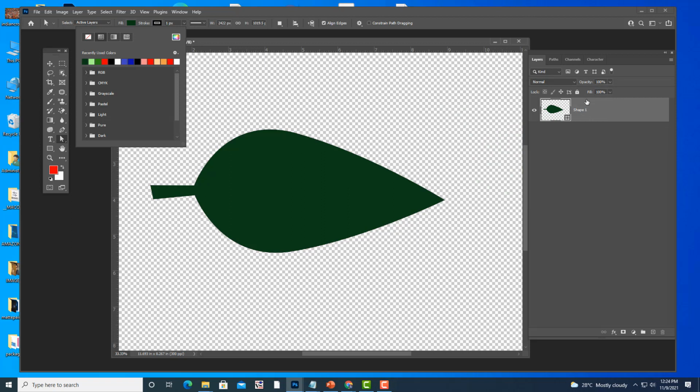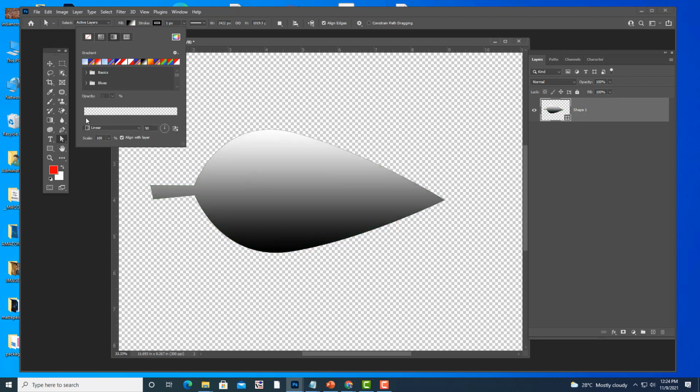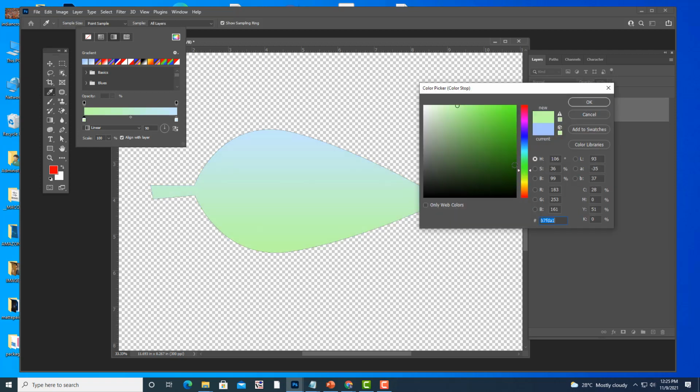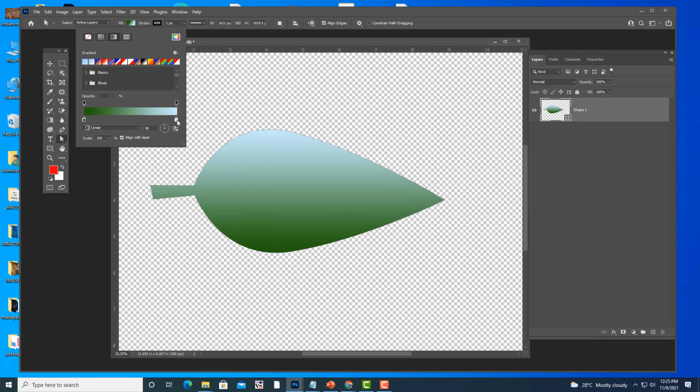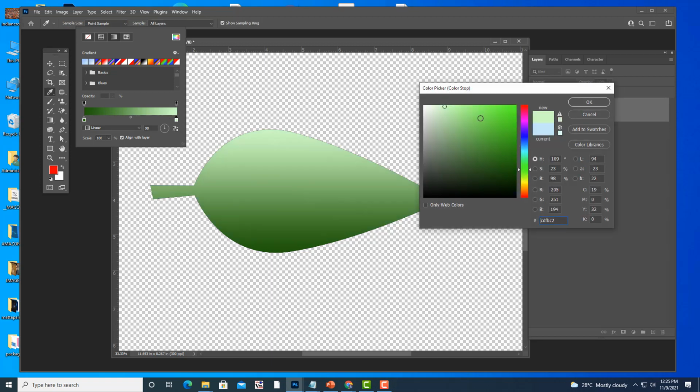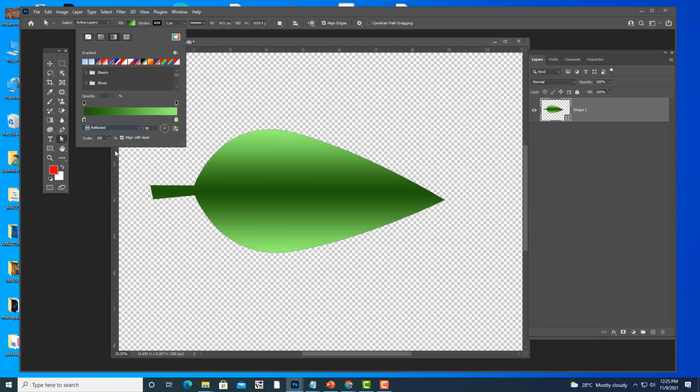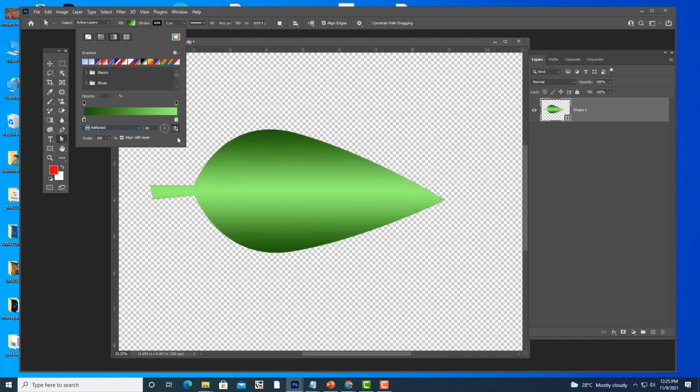And if you want to apply a gradient, here we also have this gradient option. So just select that gradient option and then we can apply the gradient. You can select any one color here, and we want a greenish gradient. So simply double click on this. We'll select light green and dark green and light green. See, we have applied a gradient, and you can also convert this gradient to a reflected one. Simply click on this, reverse. So now we have a reflected gradient.